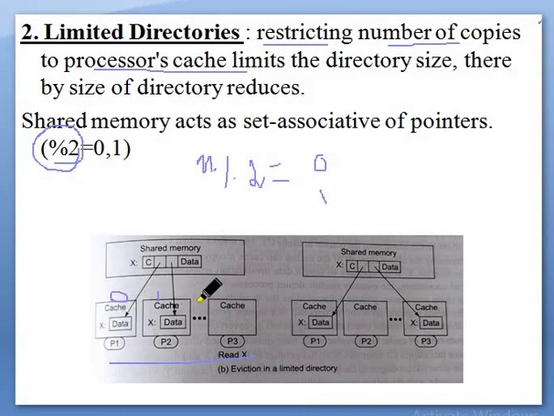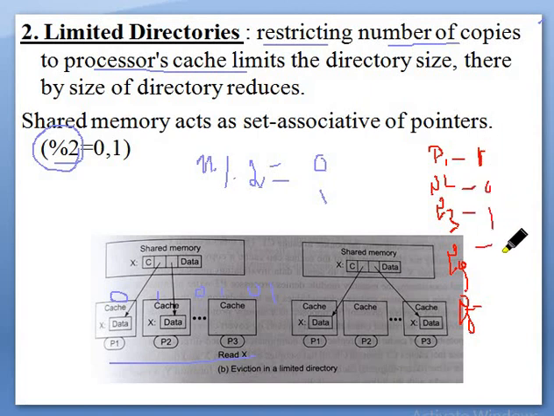We call them 0, 1, 0, 1. Let me give one analysis: processor 1, processor 2, processor 3, processor 4, processor 5, like that. I take each number modulus 2. So what is the remainder? 1, 0, 1, 0, again 1. Processors 1, 3, 5 are connected at one instance, and 2, 4, 6 are connected in another instance. That means we are making them two different sets, and communication exists within a set.